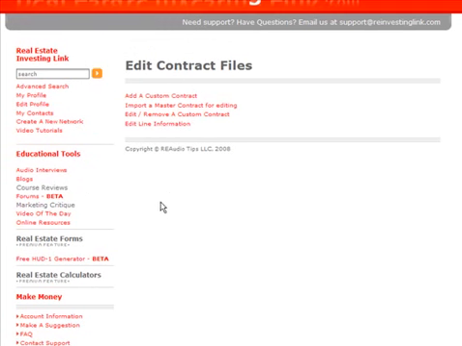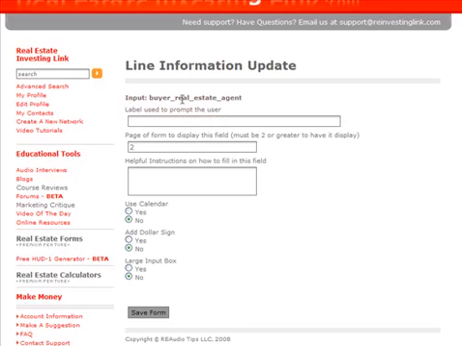The next thing that you're going to see is edit line information. So remember how we did that buyer real estate agent? Well, here it is, buyer real estate agent, right there. And then I would type in buyer real estate agent. It's on page 2. Don't change that. You don't want to mess with that at all. Helpful instructions: so let's say enter the buyer's real estate agent